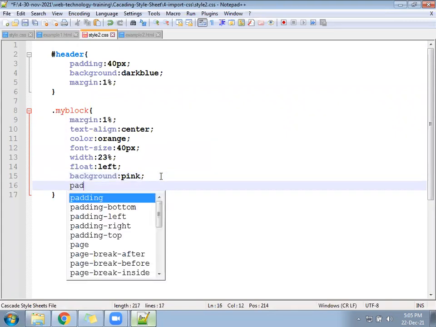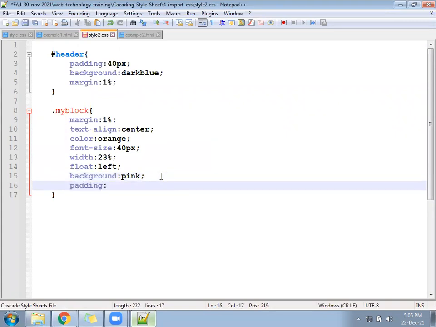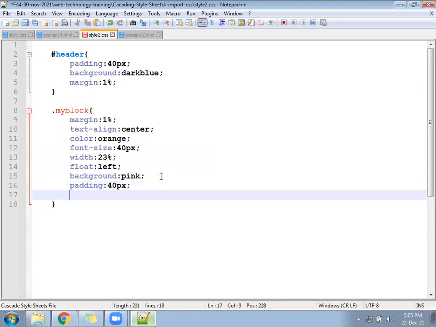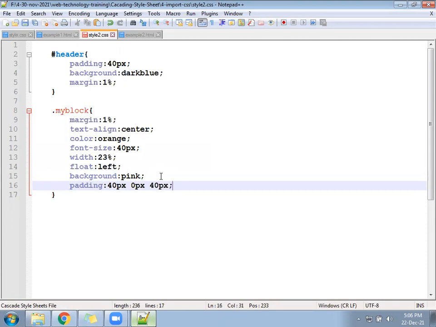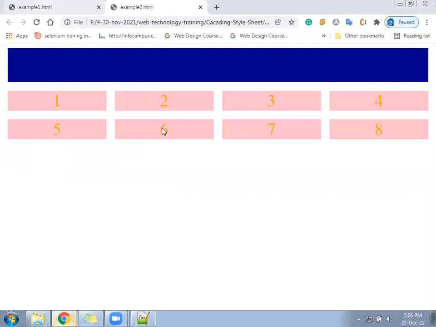So what is the CSS for that? Padding, the first number will go to where? Top. 30 px or maybe 40 px. Then after that, second number will go to where? Left, right. 0 px, nothing. Third number from bottom, 40 px. Coming from top and bottom in the middle, from left to right also in the middle. Okay. Top, bottom, left, right.